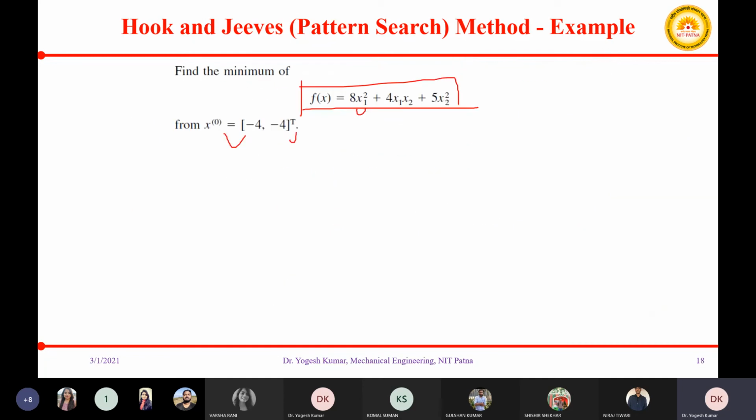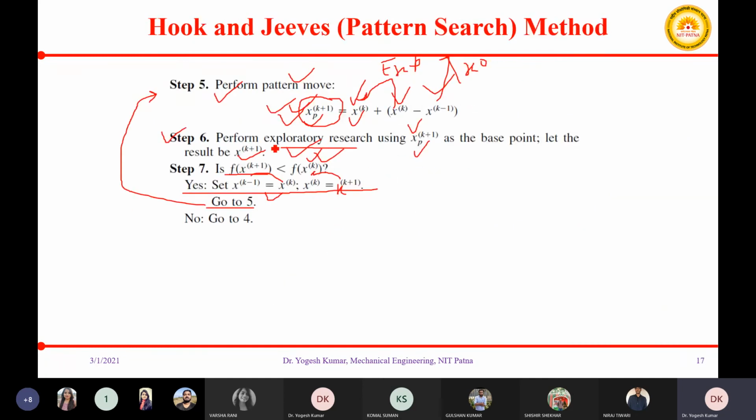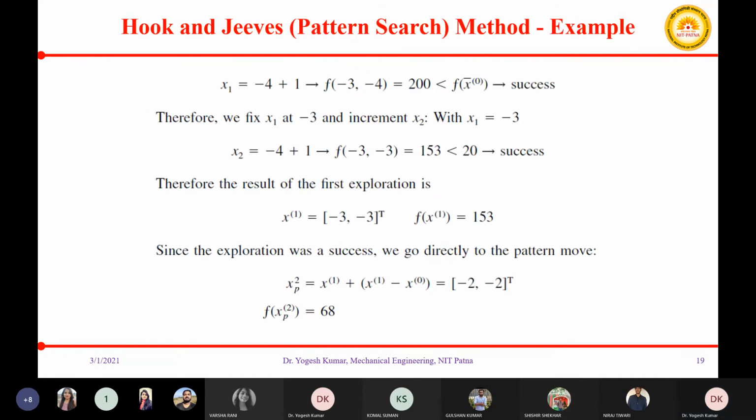So in step number 5 we did our pattern move, and in step number 6 we are again performing exploratory search.